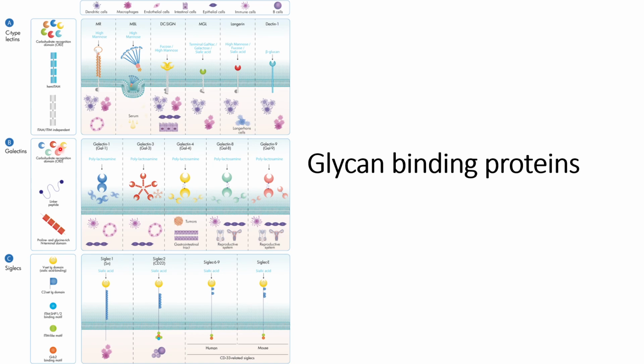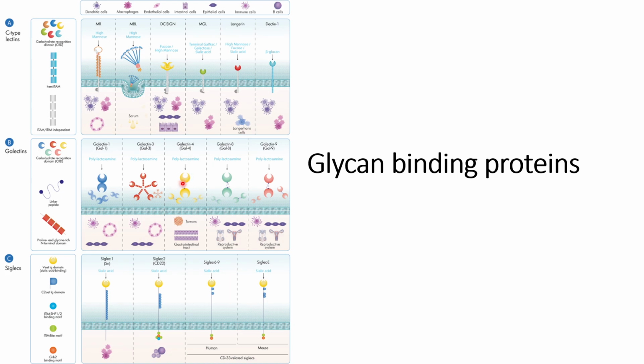Next, we will discuss the galectin binding proteins. They can detect galectin structures. For example, galectin 1 can detect polylactosamine carbohydrate structures, whereas galectin 3 can also detect these polylactosamine structures, and galectin 4 as well. However, the structures look different. We can see that galectin 1 can detect structures in dimer form, whereas galectin 3 can detect structures in pentamer form, and galectin 4 can detect structures which are in